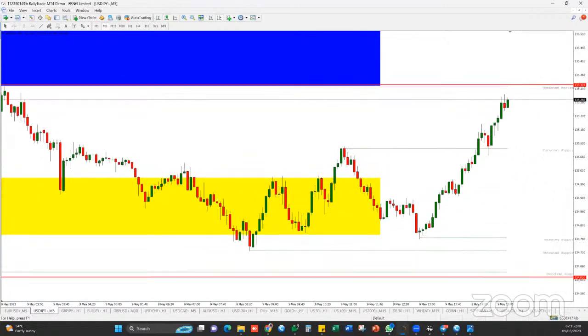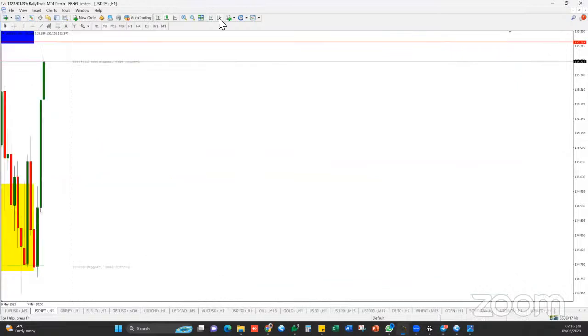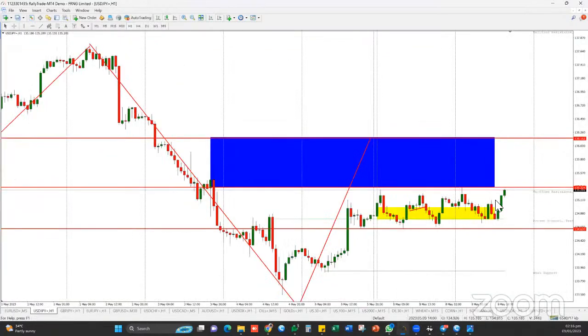So that is to say USD JPY is still on an uptrend. It is still going to go up. USD JPY will still be pushing upwards. Now you probably will be asking me, what about this resistance here? When the trade is an uptrend, resistance might just be a retracement point. So even with that, I am still going in for a buy on this particular instrument for